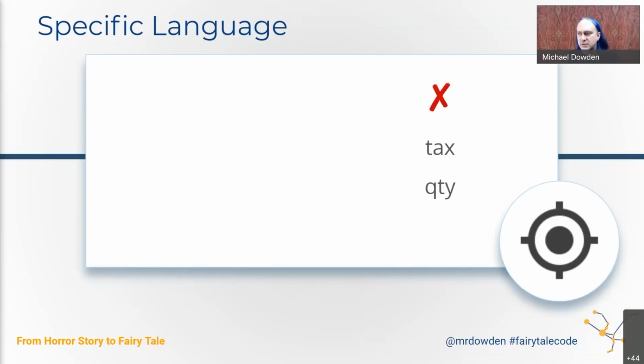So when we talk about specific names, provide context and clues to what something means. So in this particular example, tax. Well, what do I mean when I say tax? There's so many different types of taxes. And is that tax a number? Is that a specific amount of currency? Or is it a rate? In other words, a percentage that I have to multiply some other value by to find the actual tax amount. I don't know from looking at just the word tax.